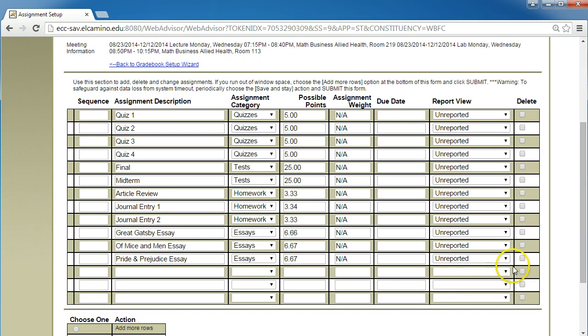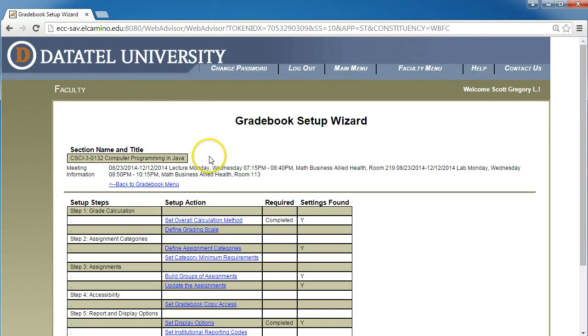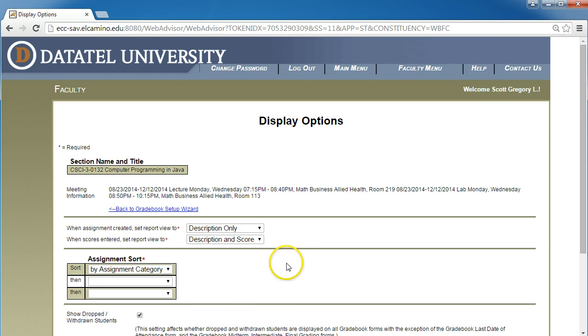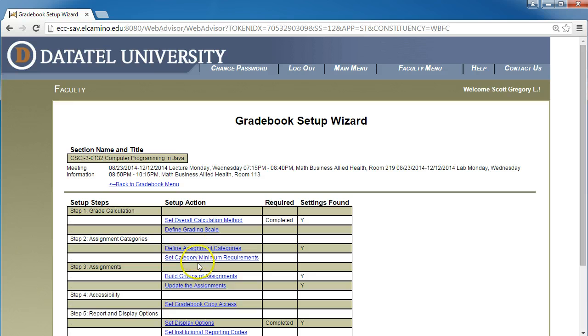You might notice that the Report View column was filled in with Unreported. Unfortunately, that's not what I have as my default report view. If we go back to the main menu of the Setup Wizard, and I click on Step 5 for Display Options, which I'd completed earlier, we can see that my default report view is set to description. And if I go back to the wizard and return to the Update the Assignment screen,